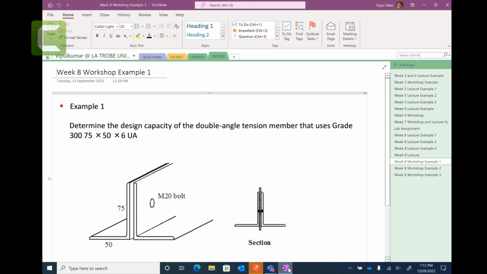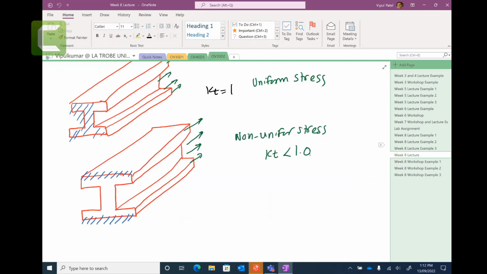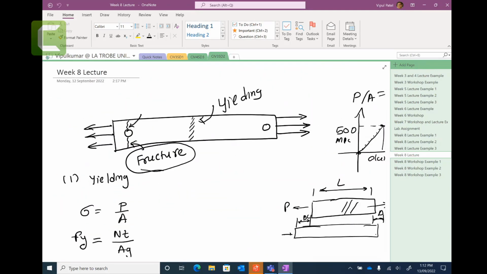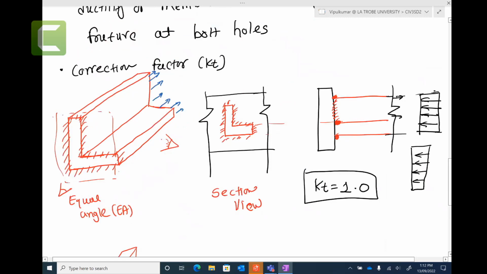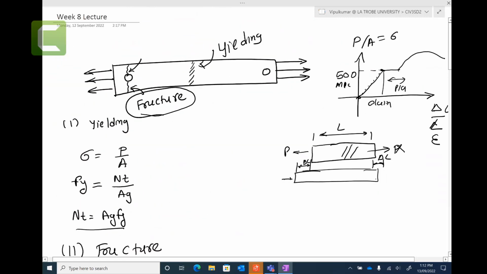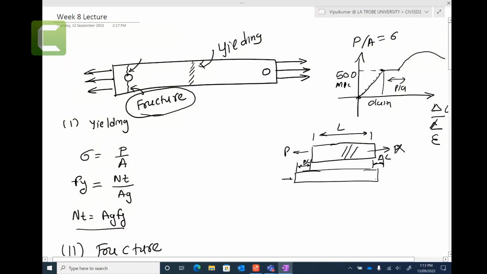Next is tension. I will go through some of the details in the lectures that we cover. Just a revision, five minutes maybe, to recapture what we have done. When we try to pull something from the two ends, that is tension, right? So that's the tension that we are talking about, generally in steel members. So when you have a member and you are pulling at two ends, that is the tension behavior that we